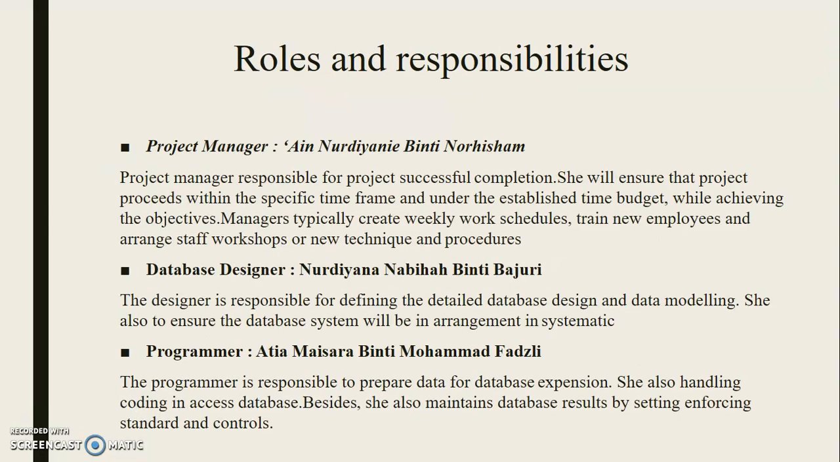So the next one is roles and responsibilities of our project. So the project manager is Nurdiyanie binti NORHISHAM. She is responsible for project successful completion. She will ensure that project proceeds within the specific time frame and under the established time budget. While achieving the objectives, managers typically create weekly work schedules, train new employees, and arrange staff workshops or new technique